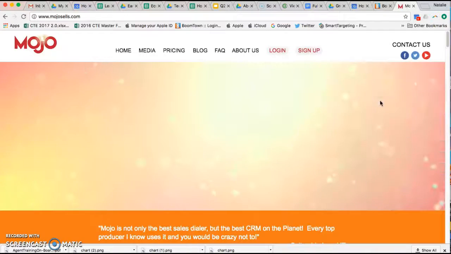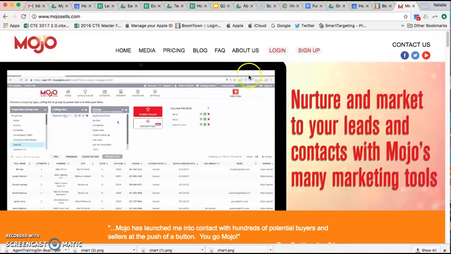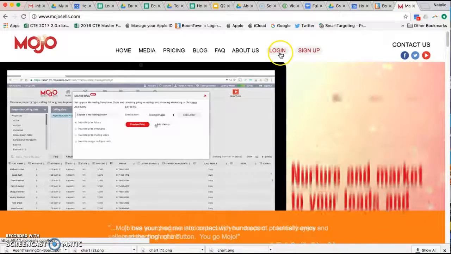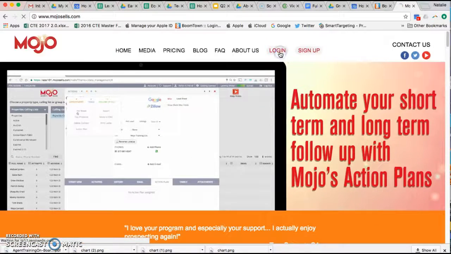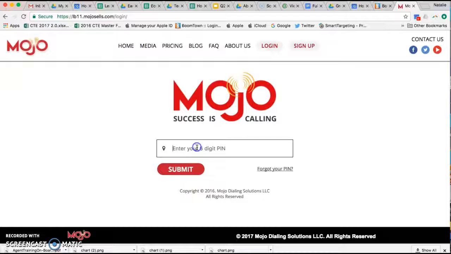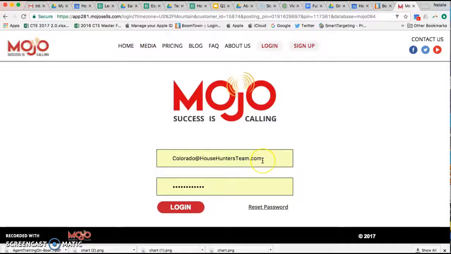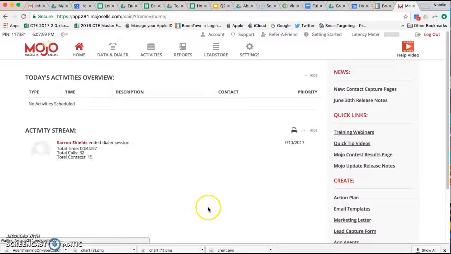And the first thing you want to do is understand which dialer has the circle prospecting data on it. As of today, the Colorado dialer is the dialer that has the data on it. So if you don't have the PIN and the username and password, then go ahead and email me, Natalie, about it. So once you log in,